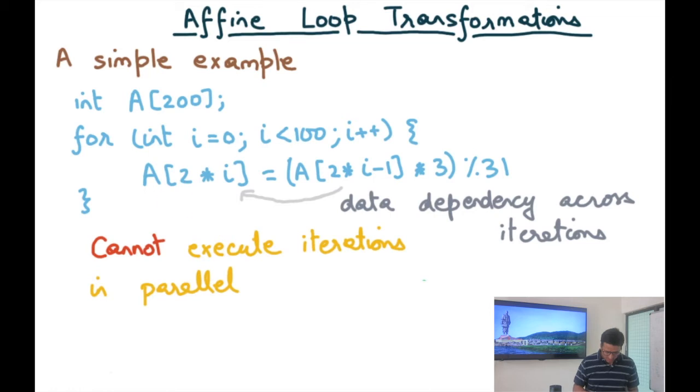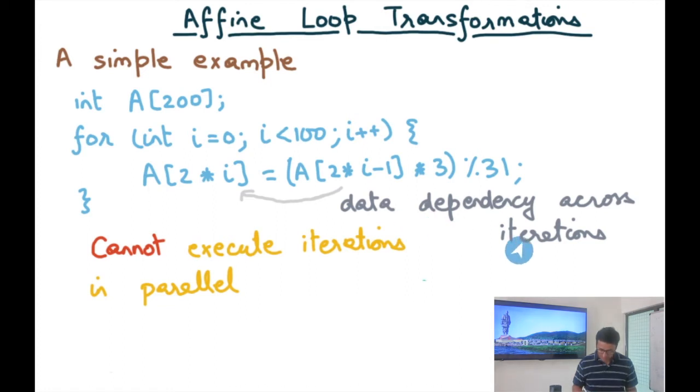Here is another example. Let's say I have a[2*i] = a[2*i - 1] * 3 % 31. Now this is just some made up example, but I want to point out that even if all accesses are affine accesses, it's not always possible to parallelize the iterations of a loop. Notice that in this particular loop, all array accesses are actually affine expressions. The addresses are affine expressions of the surrounding loop variables, whether you take a[2*i] or a[2*i - 1]. These are all affine expressions on i, where i is the surrounding loop iteration variable.